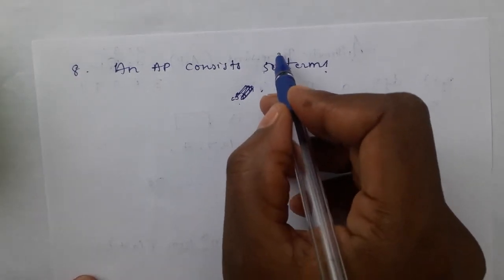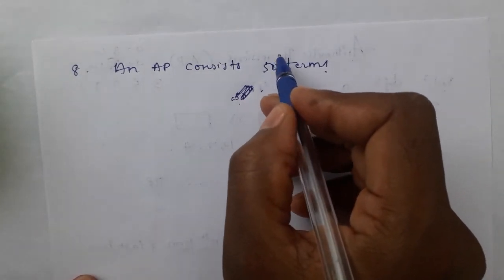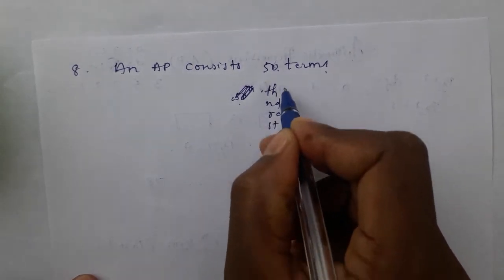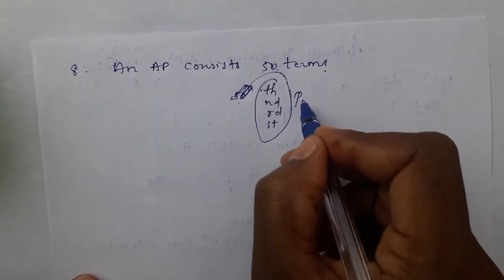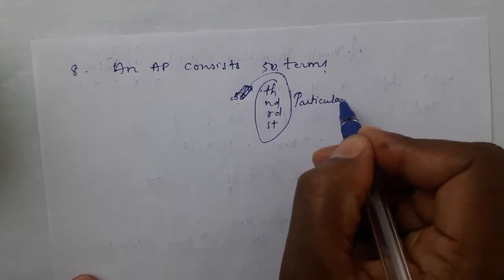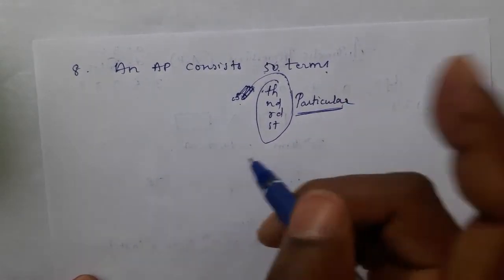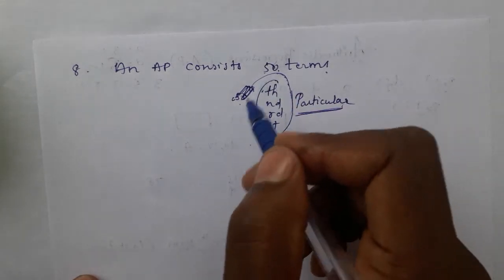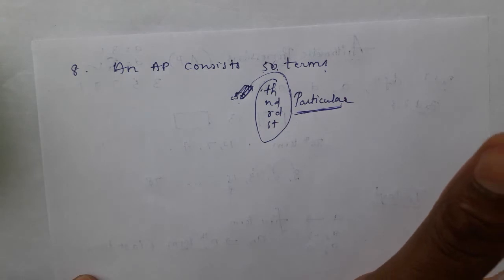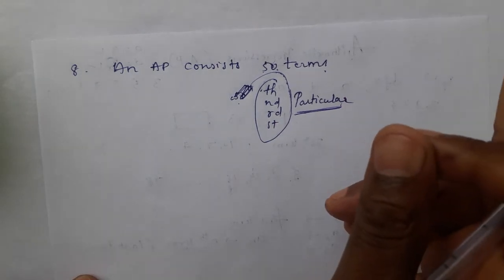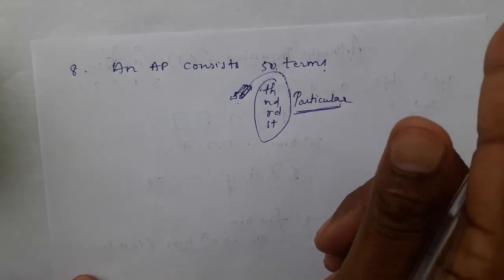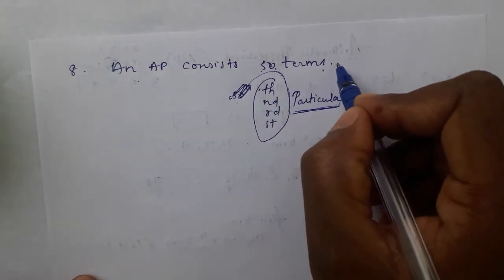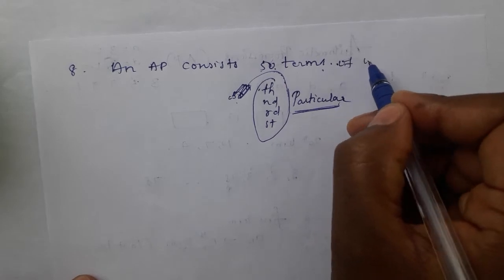So for 50 there is no superscript TH here. See this TH, ND, RD, ST. These represent a particular position, a particular person. Third position, fourth position, fifth, 22nd, like that. 20 students are there means totally 20 students. 20th student means only one student. Similarly here, an AP consists of 50 terms means the total number of terms,